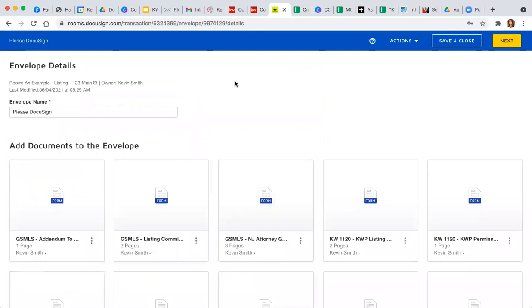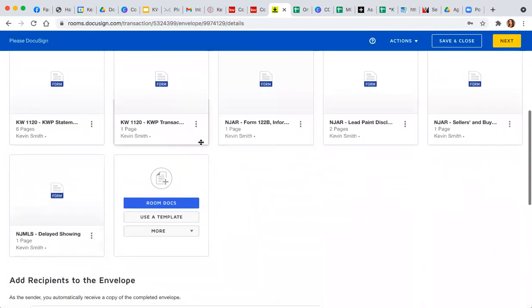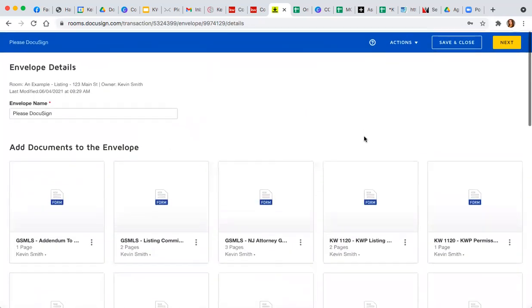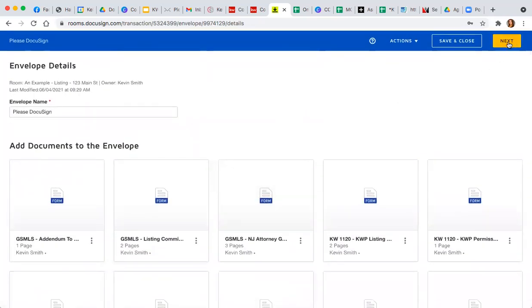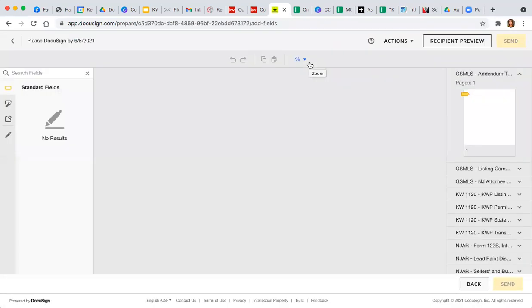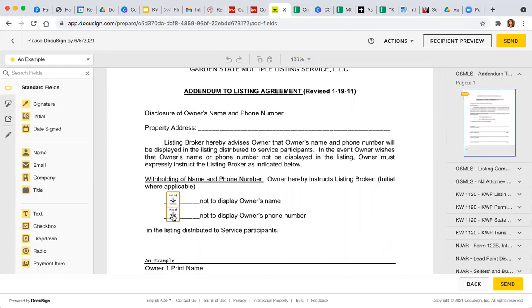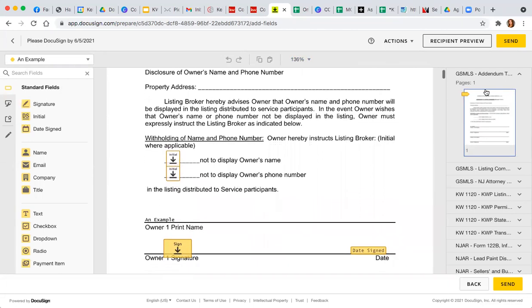Okay, so we've created an envelope. We've dropped in all of the forms. We've added the recipients to the envelope. What we want to do next is click next at the top up here. It's very important that we check off that pre-tagged roles, because after we are about to send the envelope out, DocuSign then recognizes where each person is supposed to sign. As you can see here, it has where the seller would need to initial, where they would need to sign